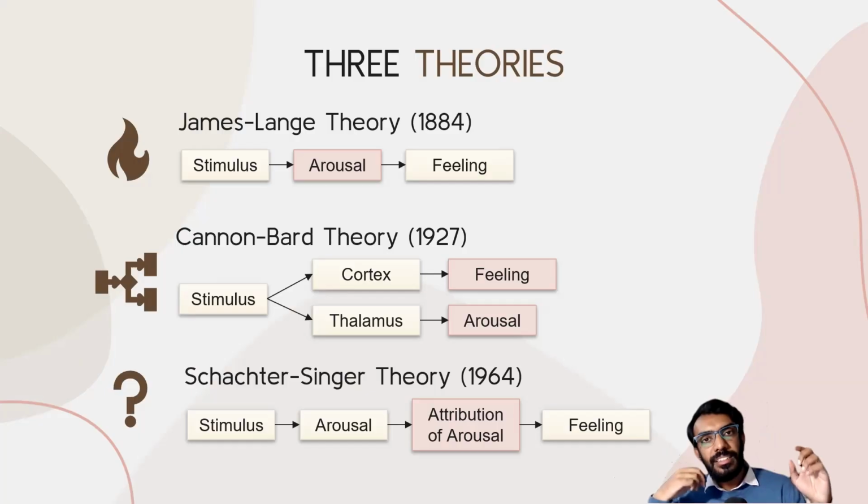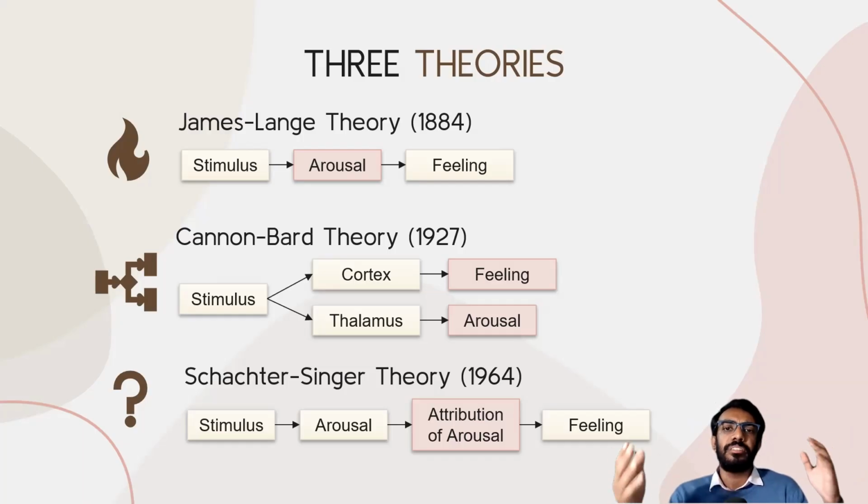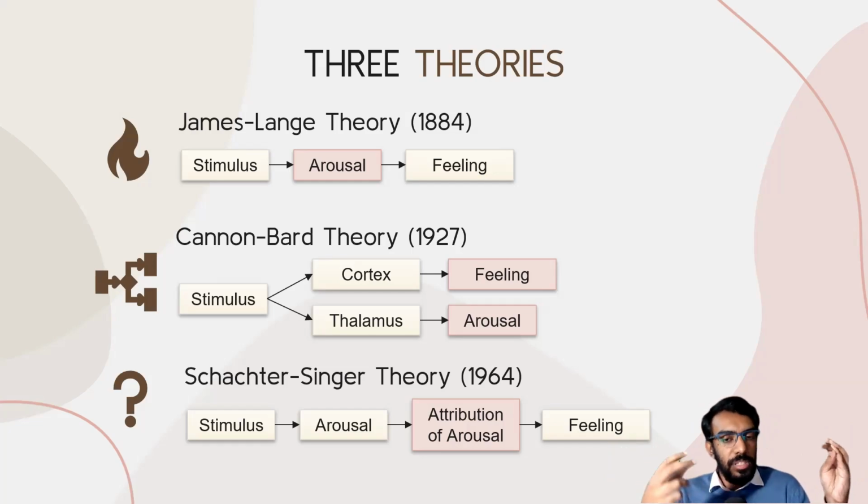Schachter and Singer also had this very interesting experiment, which you cannot do at this point of time. They recruited a bunch of college students and gave them an injection, saying that it's a multivitamin injection, and they'd be doing some cognitive experiments on them later to see whether this multivitamin has an effect on their cognition. But unknown to them, what they gave them was injections of adrenaline. Right. So all these students were getting adrenaline injections, and they were put in a waiting room, saying that you wait here.